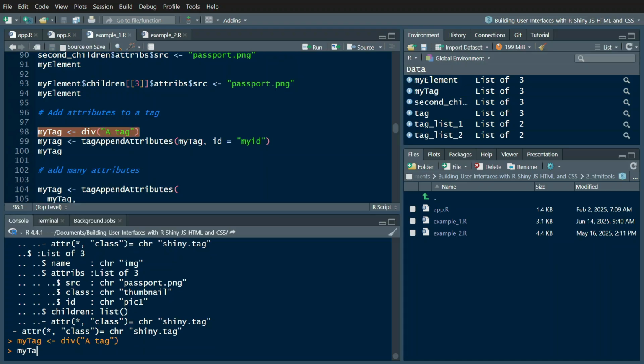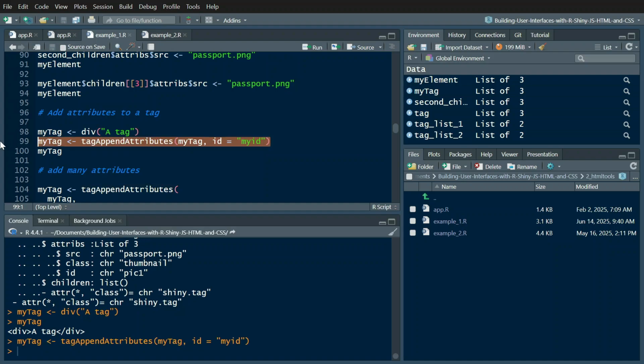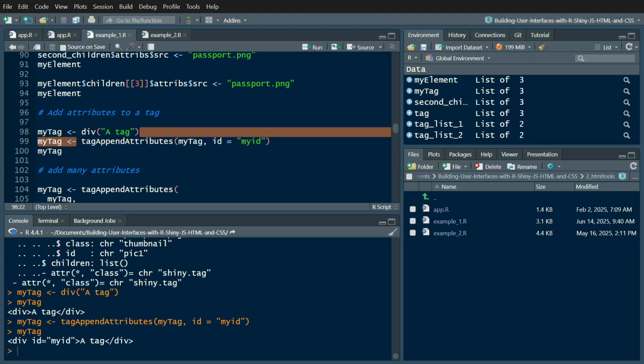So we have this tag now, my tag, and I want to add an attribute to it. So what I'm just going to do, I'm going to be using the tag append attributes. So when I call this tag append attributes now, and I call the my tag, you can see I've already added the attribute ID. So this is very important, because you can use it to dynamically add attributes to your